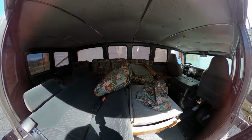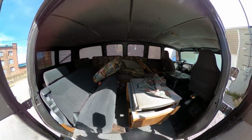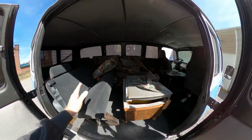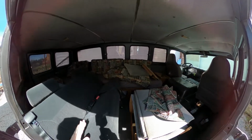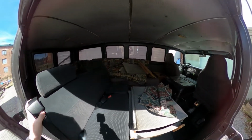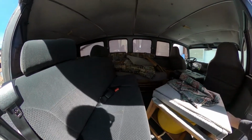good condition. So the people that had it before me had kids, and they wanted to be able to put a car seat in here. So he went to the junkyard and actually bought this. I just moved some stuff out of the way here. Actually bought this seat. I guess it was out of a minivan, he said. And his plan was to go ahead and attach this to the floor. But that's not done yet, so